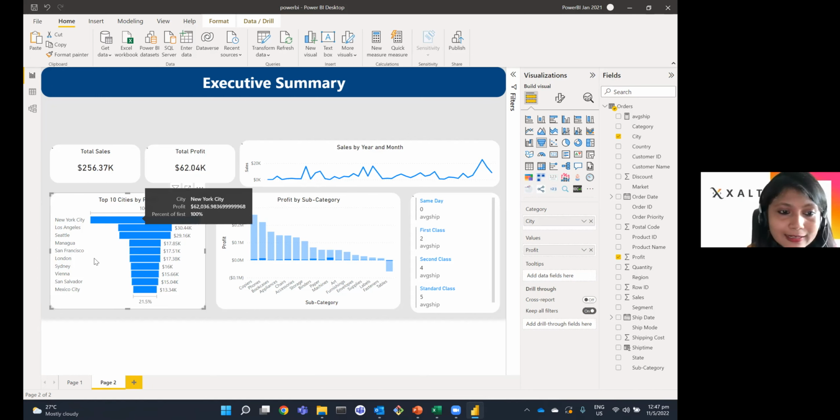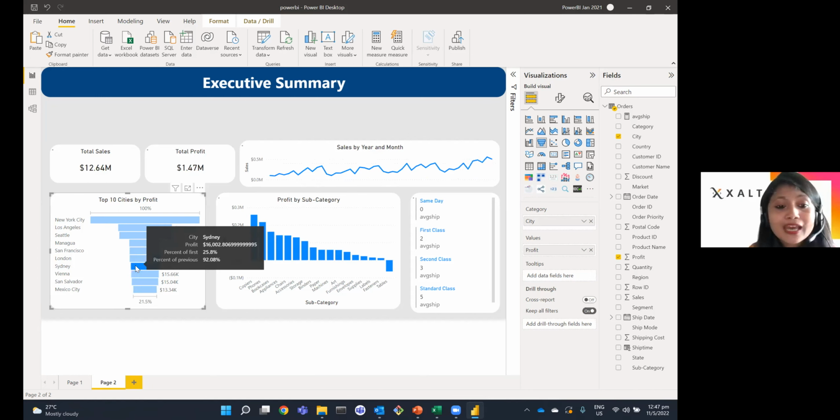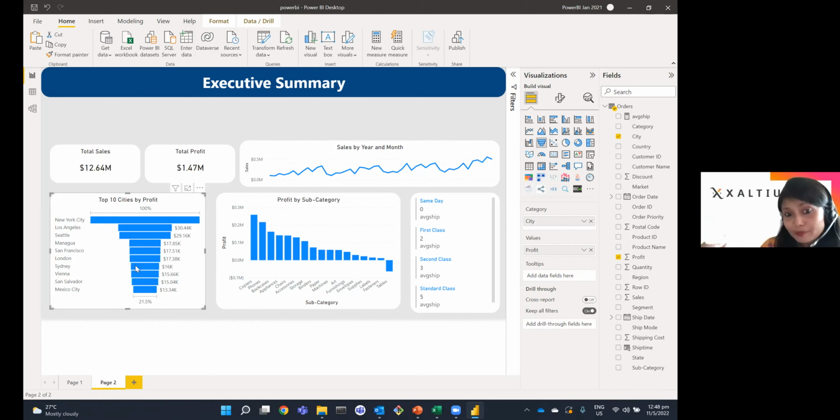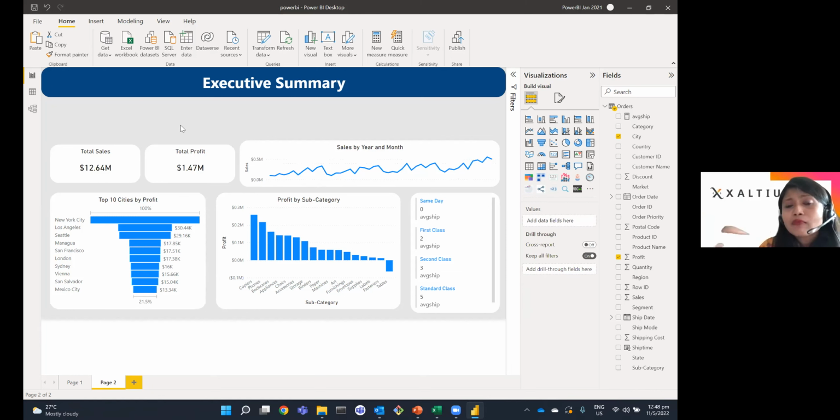Similarly, if I click on Sydney, it's going to show me how the performance of the sales in Sydney is, right? So this is a highly interactive report. And I can also add more interactive elements which allow the report users, the retail head probably, to play around with the different countries, the different timeline, and so on.